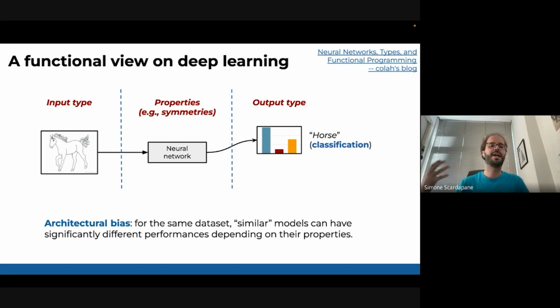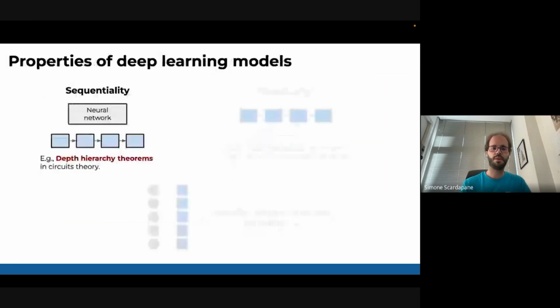It can change the time it takes to get an answer. It can change the ease of optimizing it. But what I'd like to show you in this talk is that it can also change dramatically the properties of this neural network and what you can do with it in terms of explainability, efficiency, multitasking, and so on. And there are some properties that are so used today and so well known that we don't even think about them.